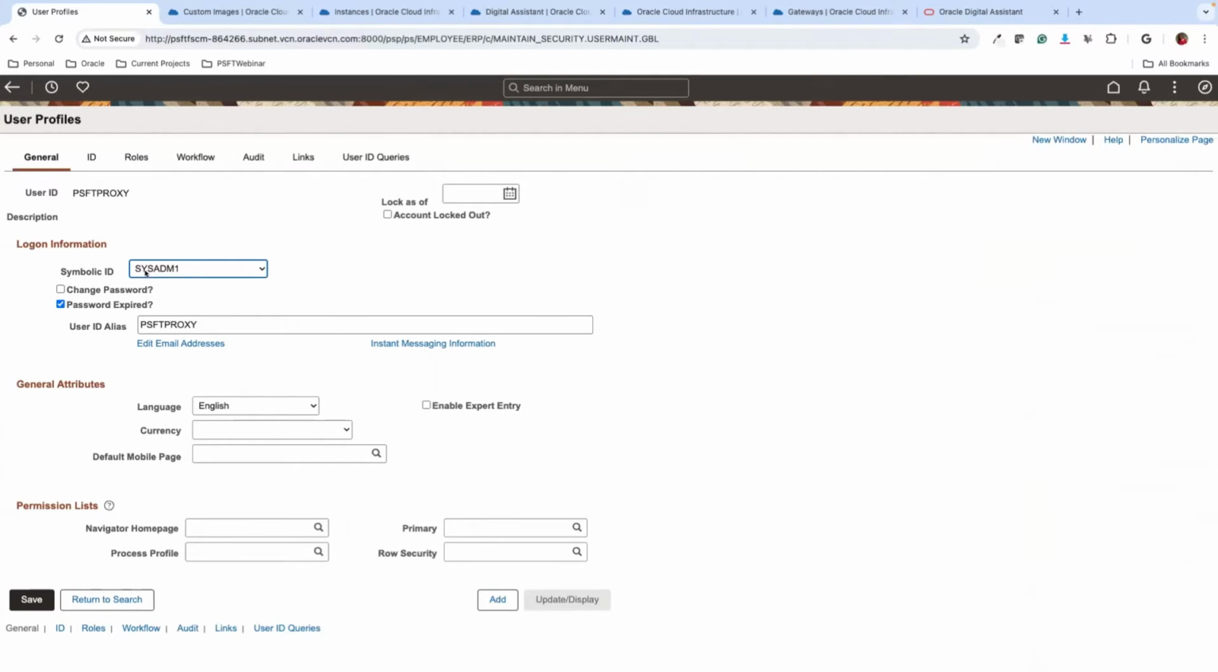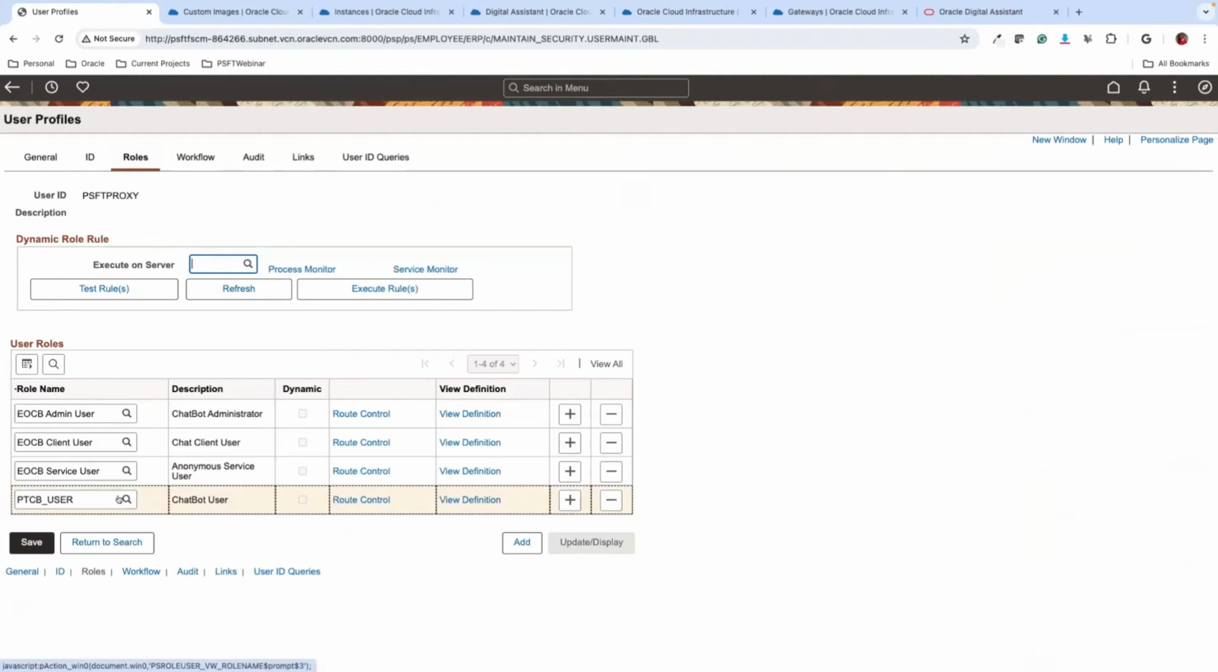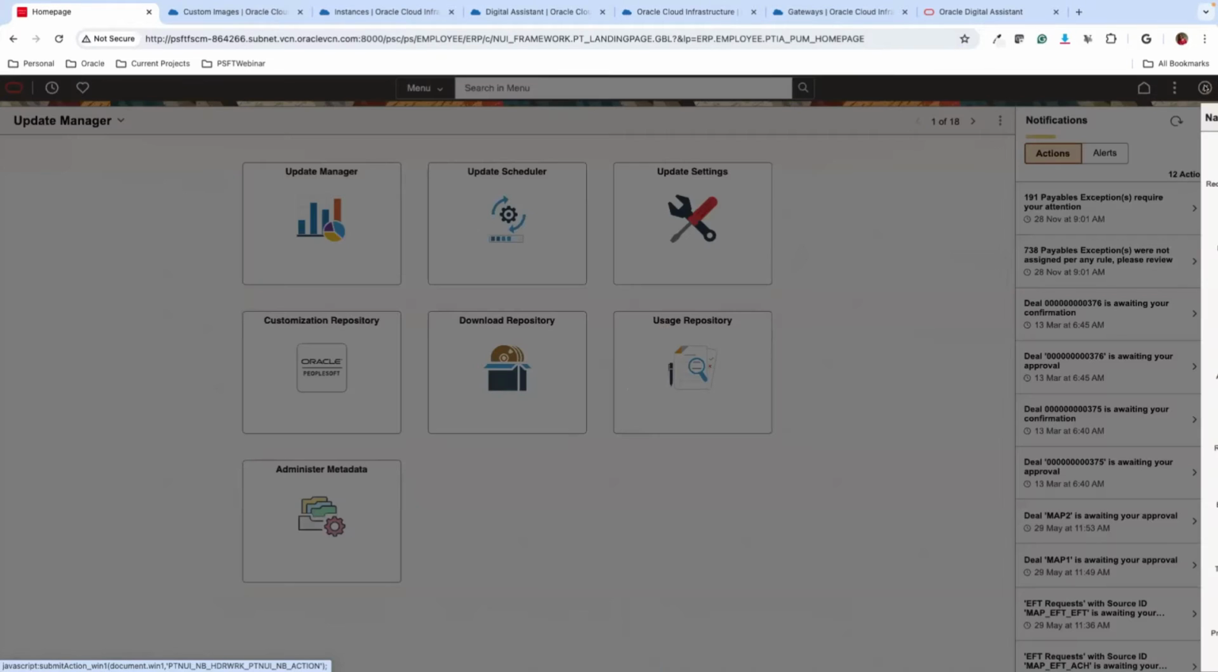I've selected admin1 here, and then I'm going to select the ID type as None, and then I need to list these roles like PTCB user. PTCB is the chatbot user, and then Administrator and so on. This PeopleSoft proxy is what I'm going to use in order to authenticate to your RESTful services. Once I create this PeopleSoft proxy user, the next thing I need to do is